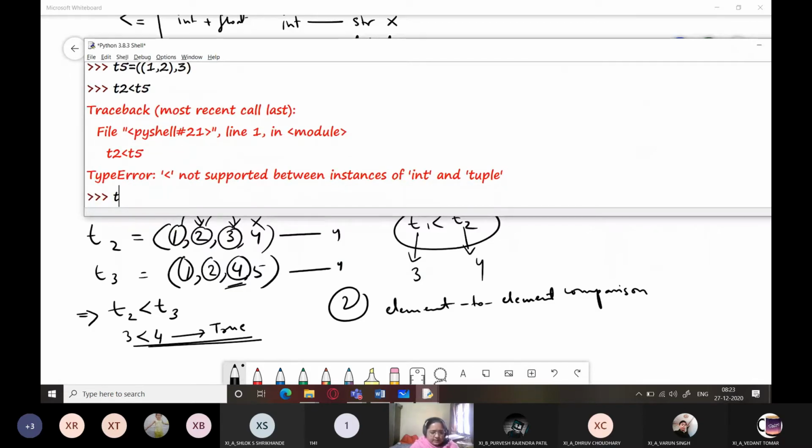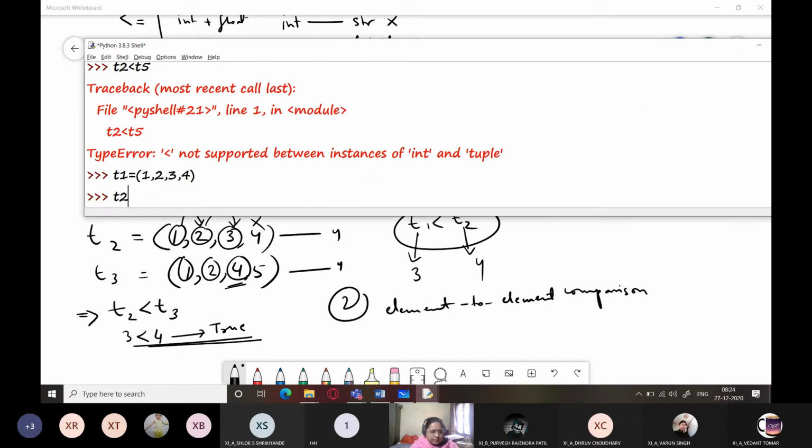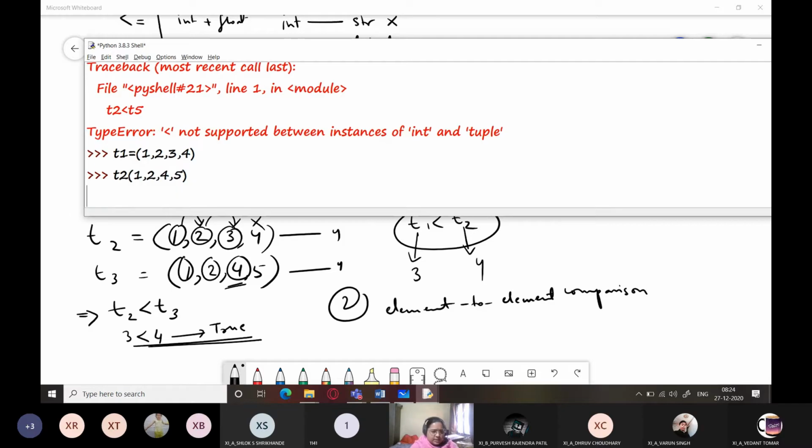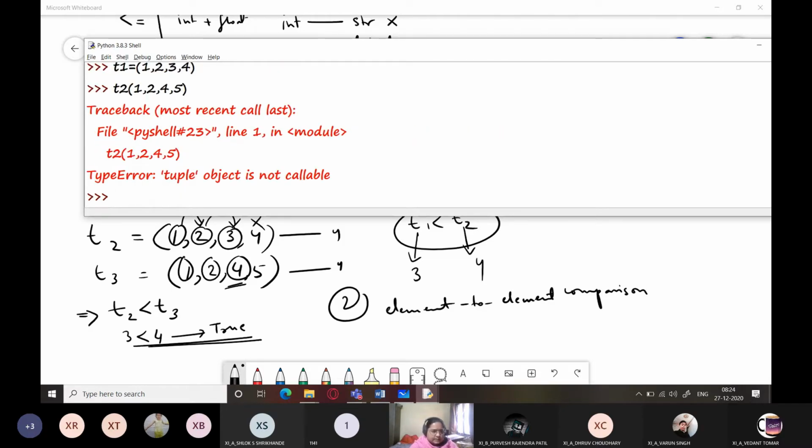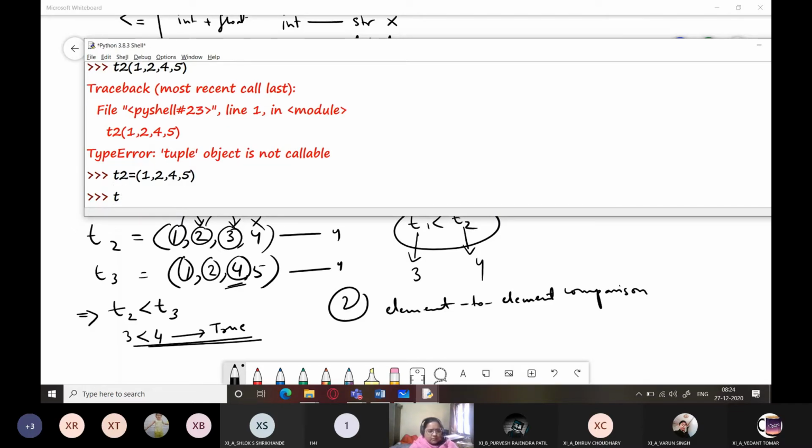Let me take T1 again, 1, 2, 3, and 4, and I'm taking T2 as 1, 2, 4, and 5. I've just changed the name. One second, I made a mistake. T2 equals 1, 2, 4, and 5, right? So print T1 and T2.